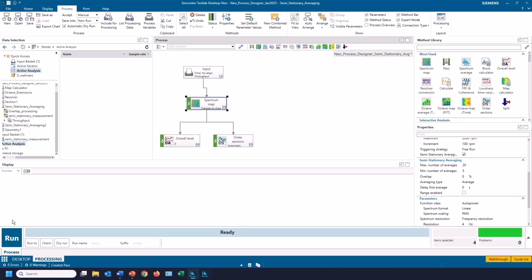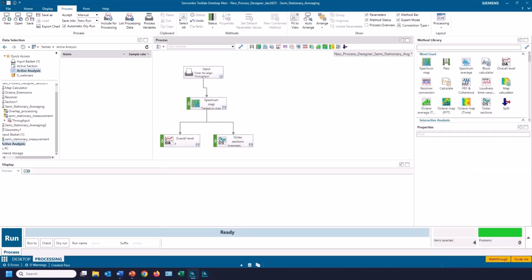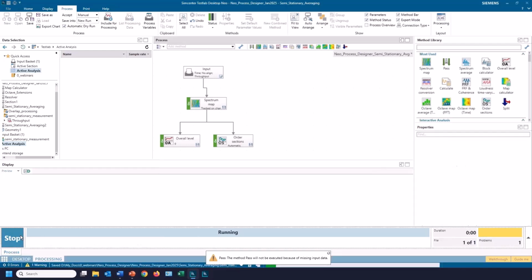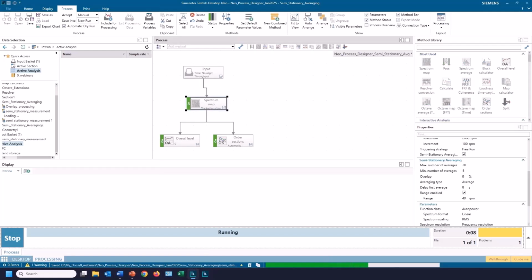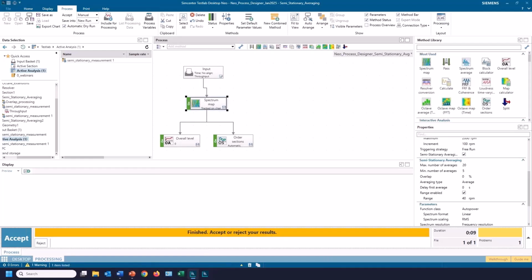Now I'm going to change something. So now I'm going to turn on range enabled here. And I'm going to pick a range of 40 RPM, I believe. If I run that, so now it's going to skip one of the speeds. One of the speeds isn't going to have 5 averages within a plus or minus 20 RPM range, and it's going to be skipped.